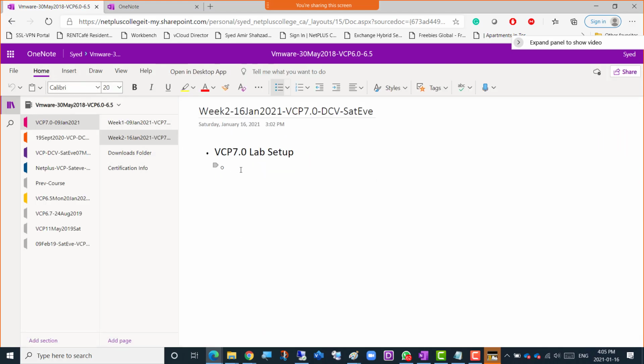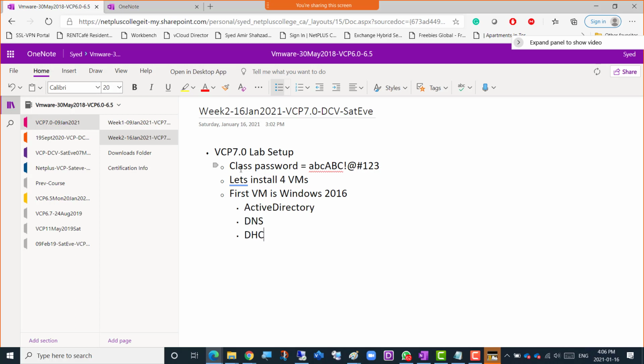And I'll put here last password, and also let's install 4 VMs. First VM is Windows 2016, and it has AD, Active Directory, DNS, DHCP, and later software SAN. And then let's create the other hypervisors. So ESXi hosts, and when we reach there, create 3 hosts,